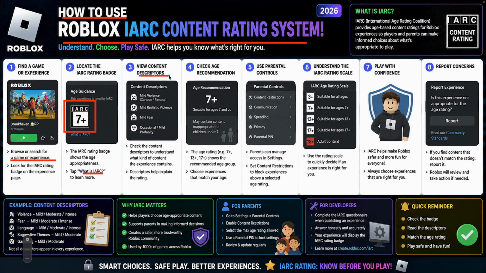As you can see, it will show you the content description. You can check the content descriptors to understand what kind of content the experience contains, and descriptors help explain the rating as well. The age rating, for example 7+, 13+, 17+, shows the recommended age group